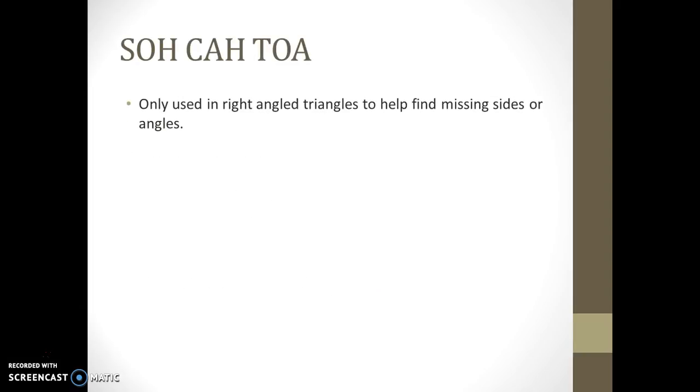Finally, you should remember SOHCAHTOA from geometry. You can only use it in right triangles. It helps you find missing sides or angles. So what does